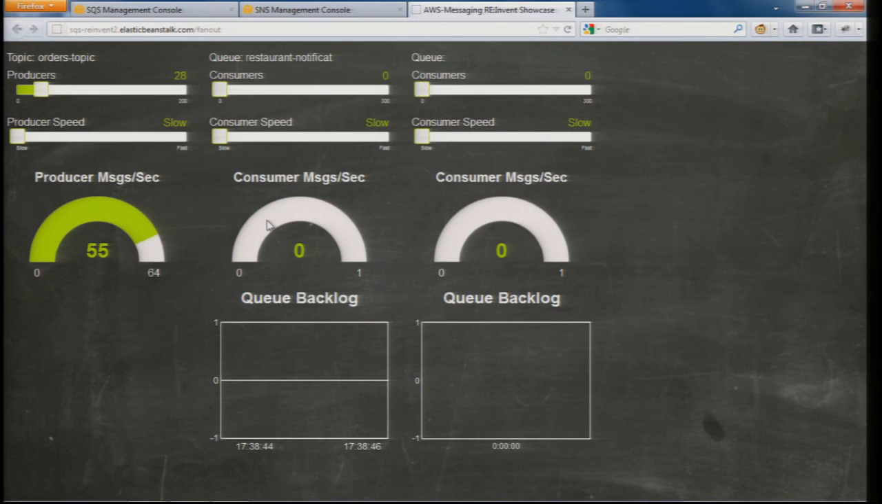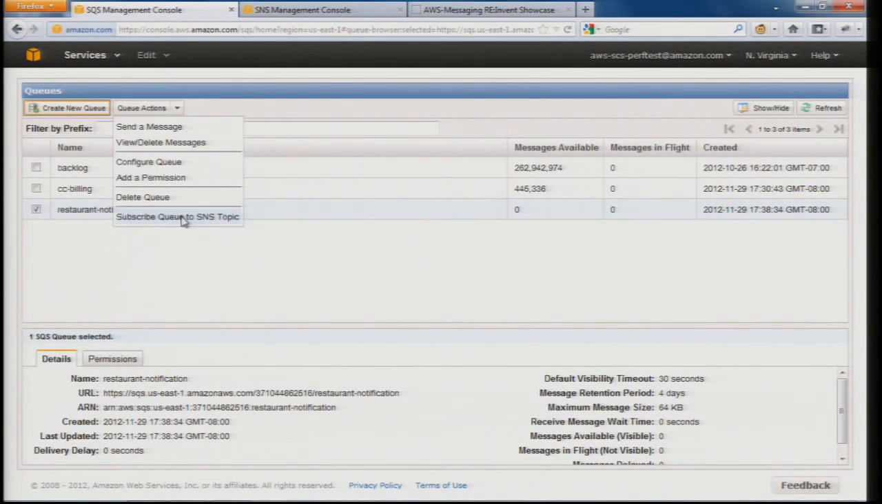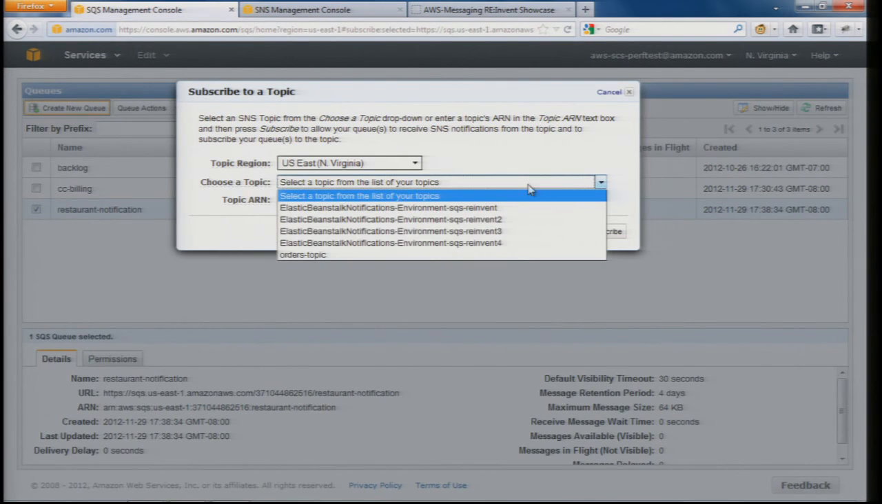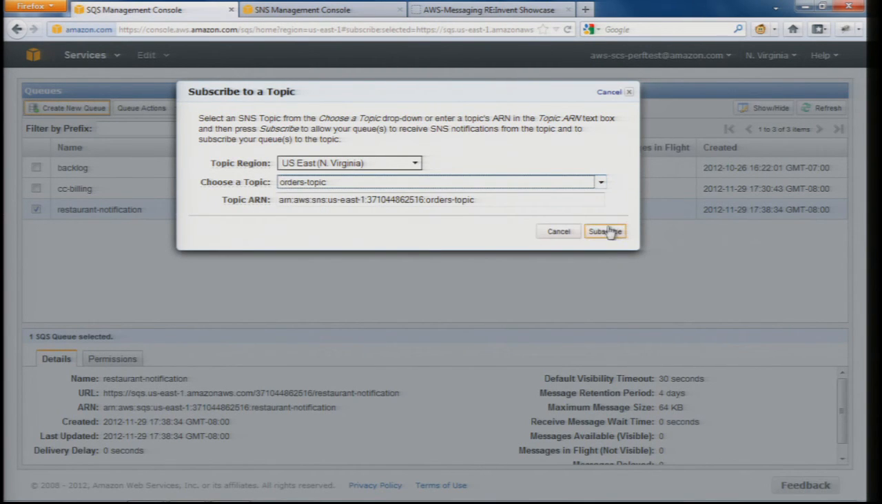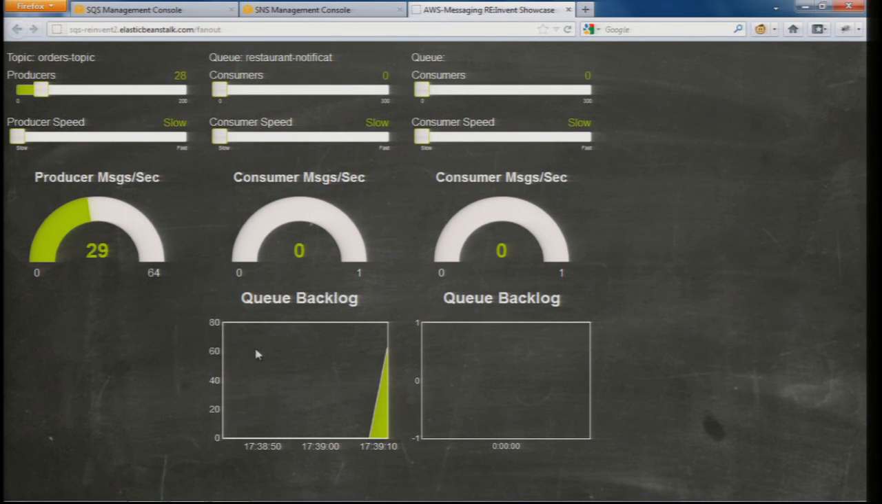And as soon as they do so, nothing's in the queue. The reason for that is that the SQS queue needs to be subscribed to the SNS topic. Doing that is super easy. All we have to do is go back to the SQS console, say subscribe queue to SNS topic, click orders topic, and we're subscribed. As soon as we're subscribed, you see the messages that are being published to that topic from